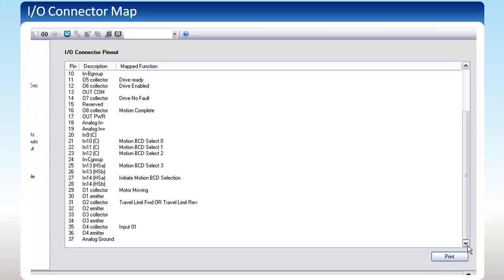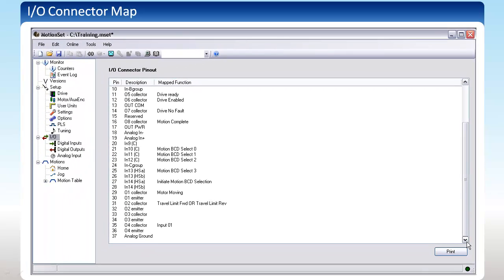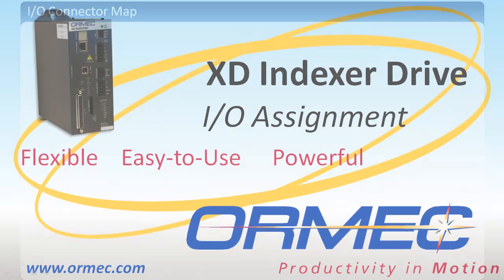For more information about how to wire I/O, refer to the Quick Start Guide, Product Manual, or Help System in Motion Set. This concludes this